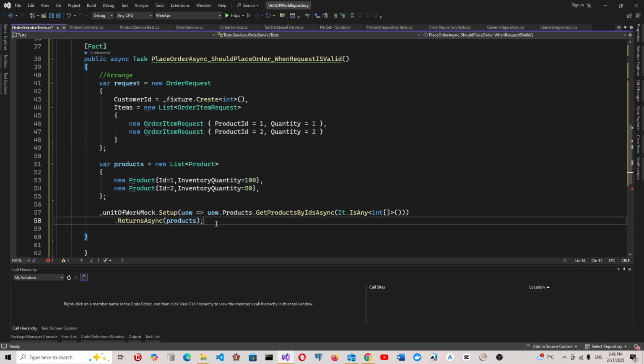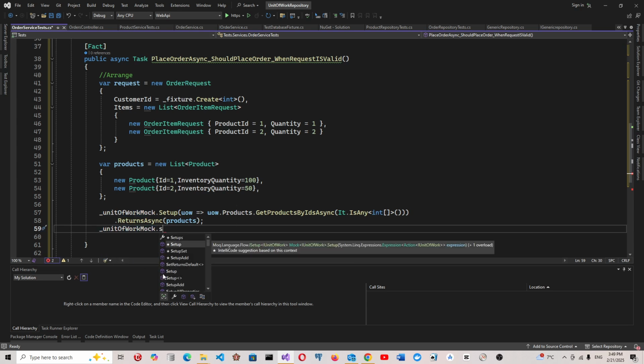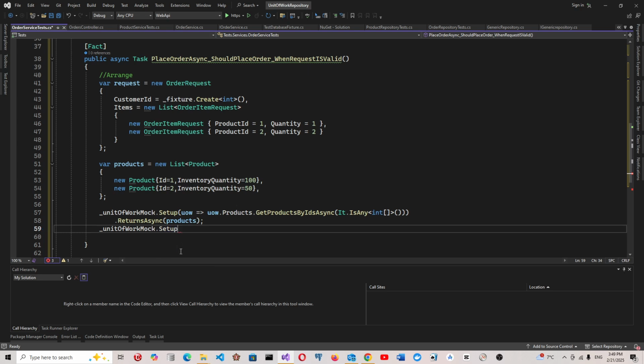Because we already tested our unit test for orders repository, products repository, for this unit method we only test for the happy path scenario. We mark get product ID always return these test data products, and also